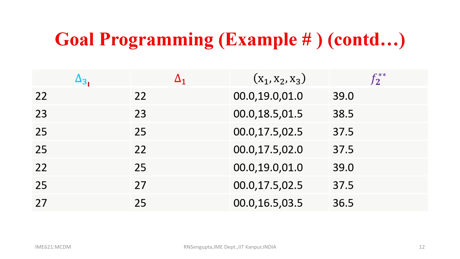So, these delta 3 and delta 1 are the corresponding values of delta which are to be subtracted from the third objective function which is there in the constraint, and the first objective function which is there in the constraint. So, that is why the coloring of blue and red. So, these are the values of 40 minus